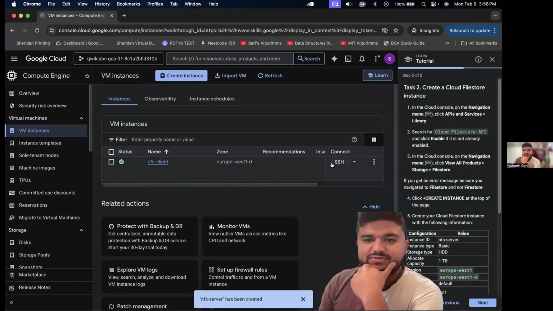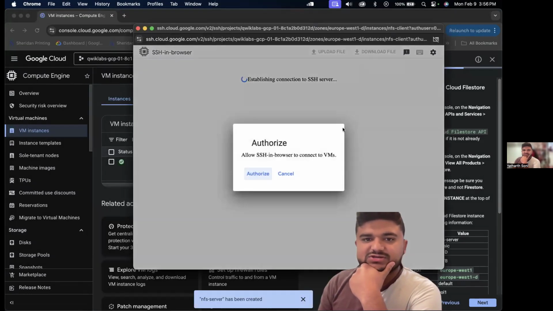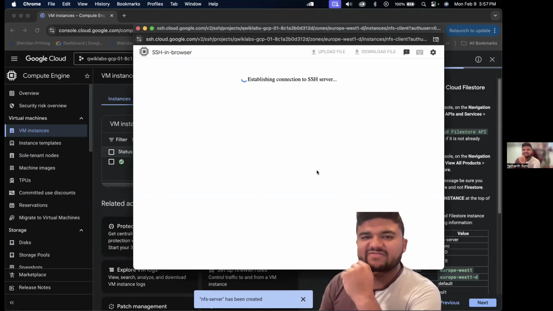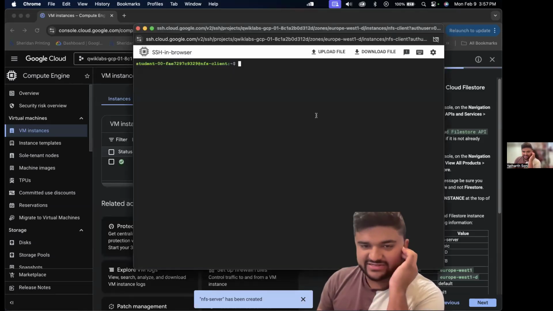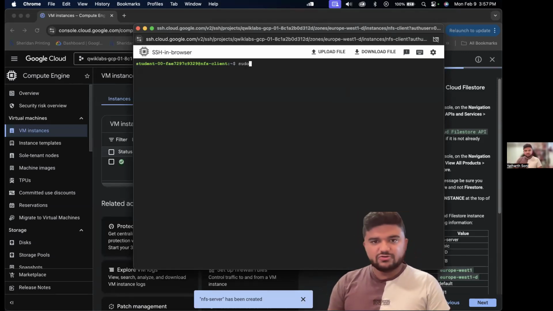Click the SSH button for NFS client. So this is the SSH. Authorize. Yes, it's gonna authorize itself. Hopefully it has the dark theme. Yes, it does. Okay, let's start. Sudo apt-get -y update